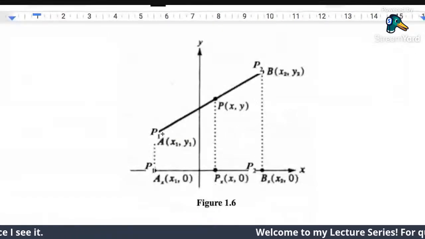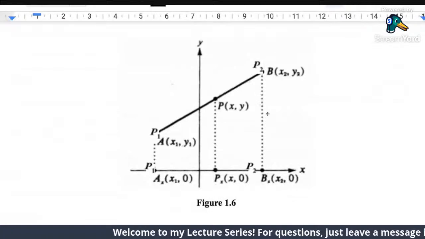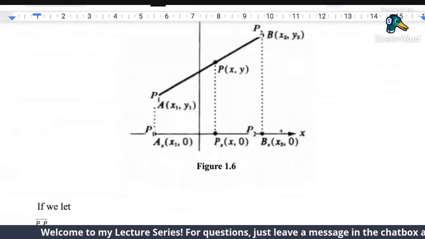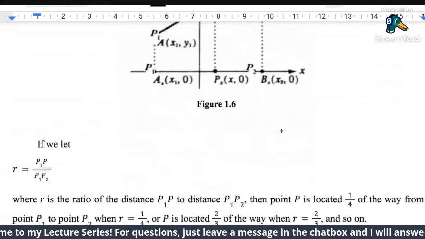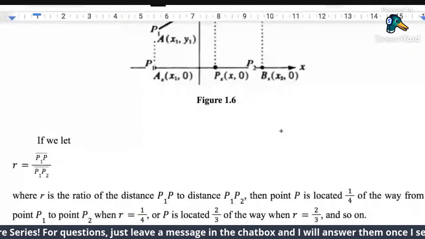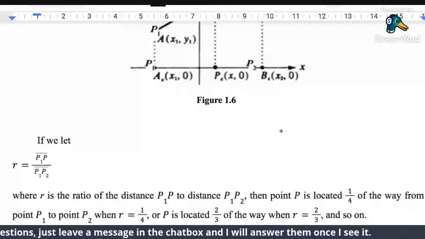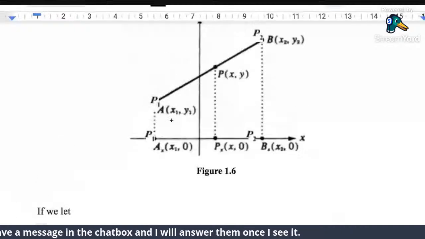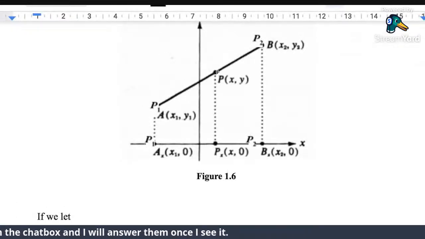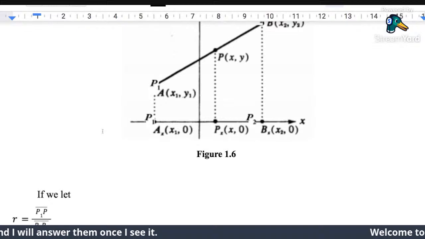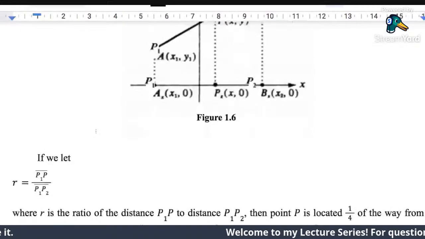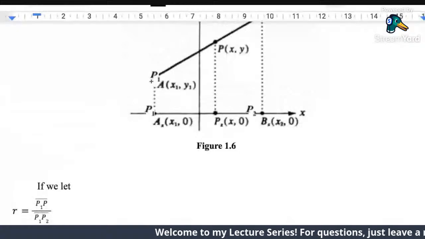So if we have here P1, then we have P2. Okay. So for this figure, if we let R be equal to P1 to P over P1 to P2, okay,